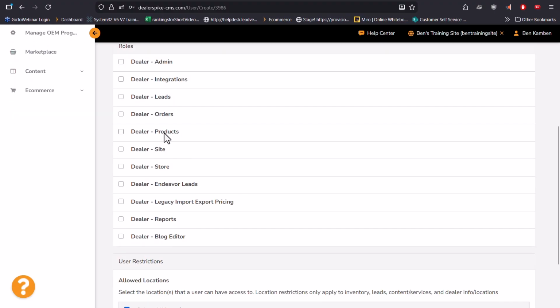If you want them to be able to edit the new models page of your site, make sure that you do that. If you want them to be able to do things like change paragraphs and text on various pages of the site, make sure you have site enabled. Store, if you want them to be able to get in, see, and control aspects of your e-commerce store, make sure this one's done. And the rest of these, Endeavor leads, you'll only need if you were with us when